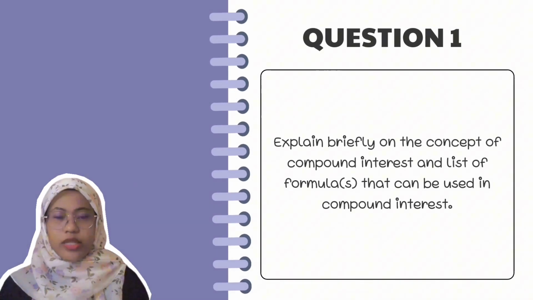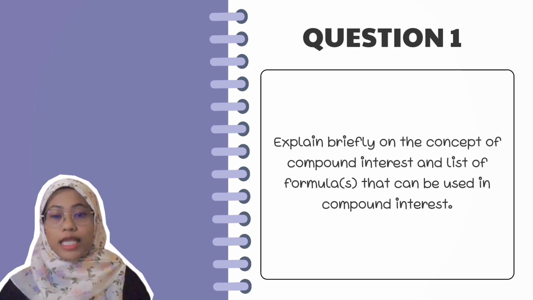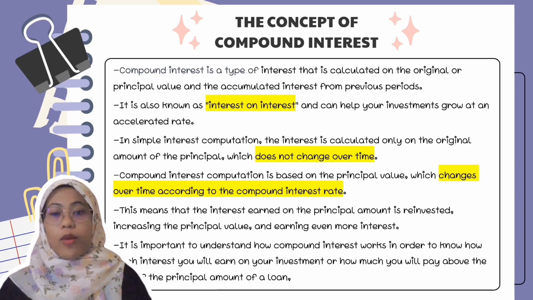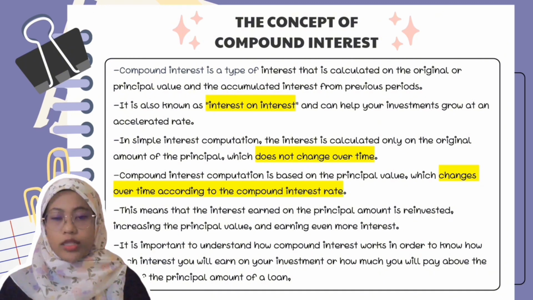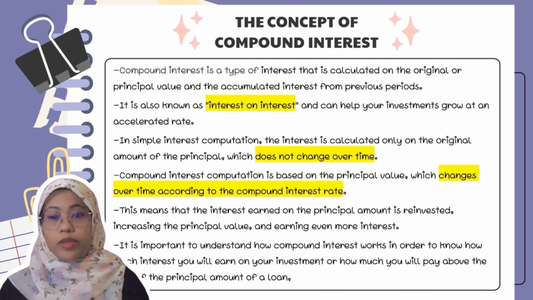Question 1. The question is, explain briefly on the concept of compound interest, and list formulas that can be used in compound interest. Question 1. The concept of compound interest. Compound interest is a type of interest that is calculated on the original or principal value and the accumulated interest